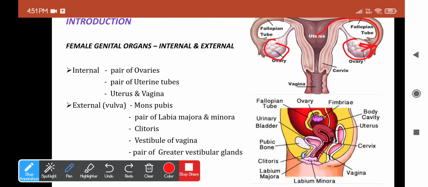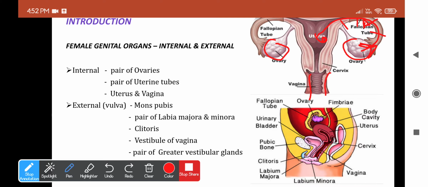The fallopian tube can be divided into four parts, namely the infundibulum, ampulla, isthmus and intramural part. The ampulla is the place where the ovum gets fertilized by sperm and the fertilized one gets implanted into the uterine cavity. The vagina is otherwise called the birth canal, and this also conducts the menstrual flow during menstruation in case of lack of fertilization.